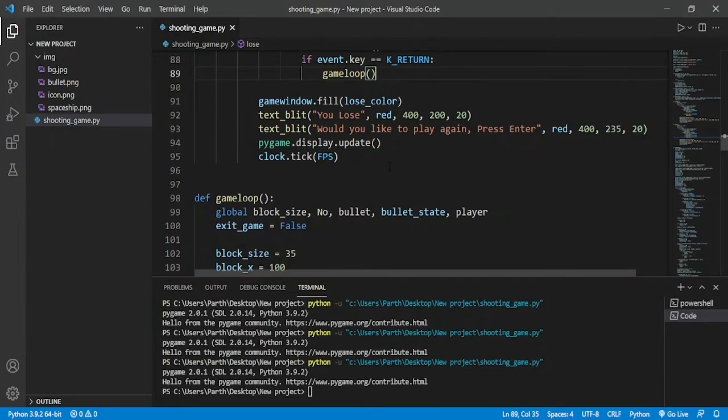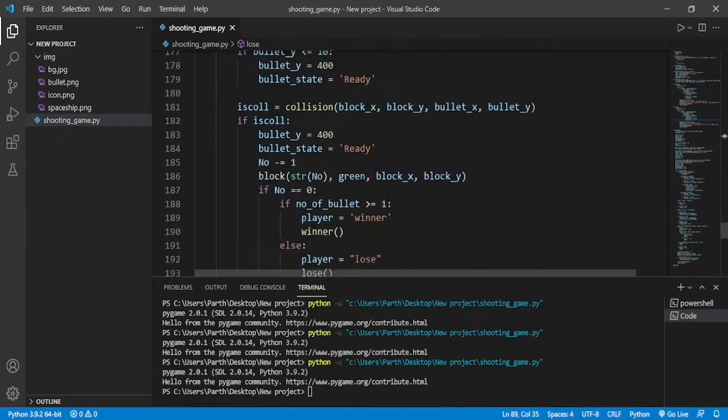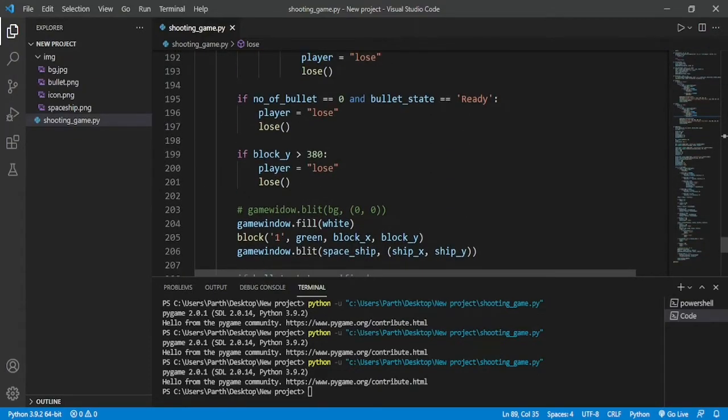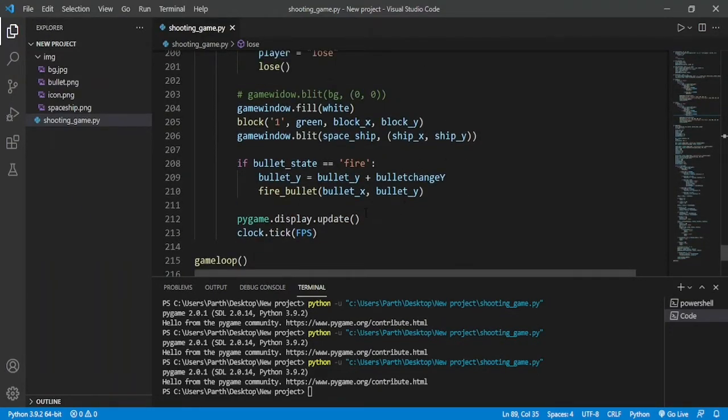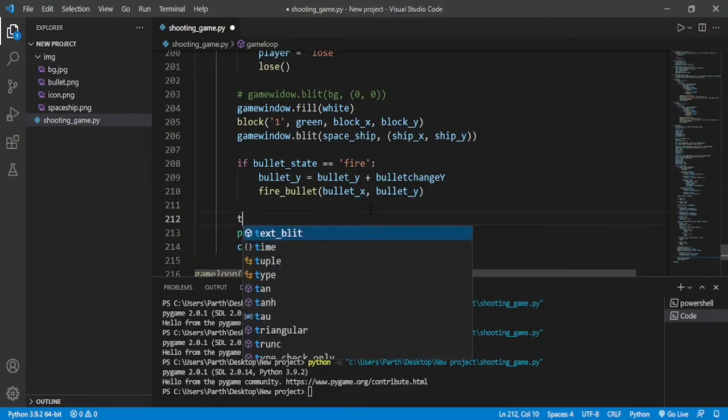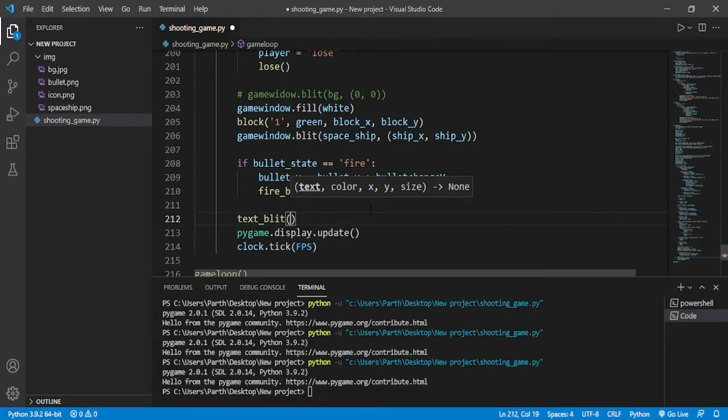So there is only one thing left to do before we end this video. Somewhere over here, let's just say over here. Okay, we are going to pass a message, and for that we are going to use this text split function. In our main game screen, somewhere about top, we need to display the name of our game and welcoming message. So for that welcome message, let's just say welcome to our shooting game,